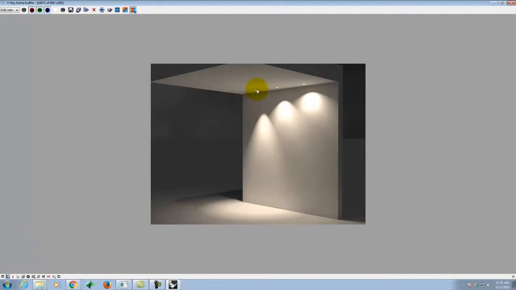Okay, so 3 lights, 3 different cones, right? Remember, this was the more narrow cone, so the light is a tighter circle and a smaller arc on the wall. This is the mid-range, right? This one being the broadest spectrum of light, right? So depending on the look that you're trying to go for, you may like one or the others of these